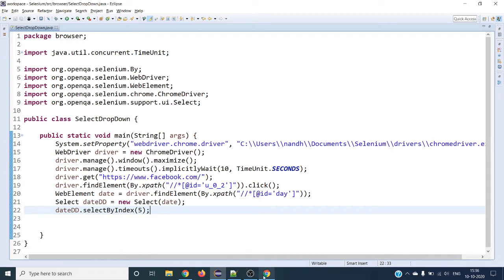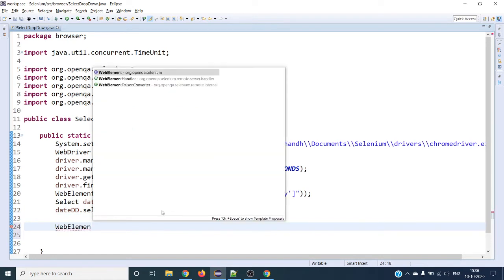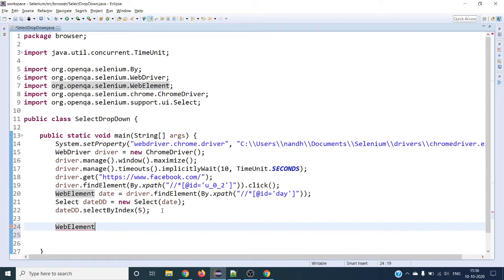right, for the month. So for that we need to declare one more web element. This is going to be a month element, driver dot find element by xpath, right?